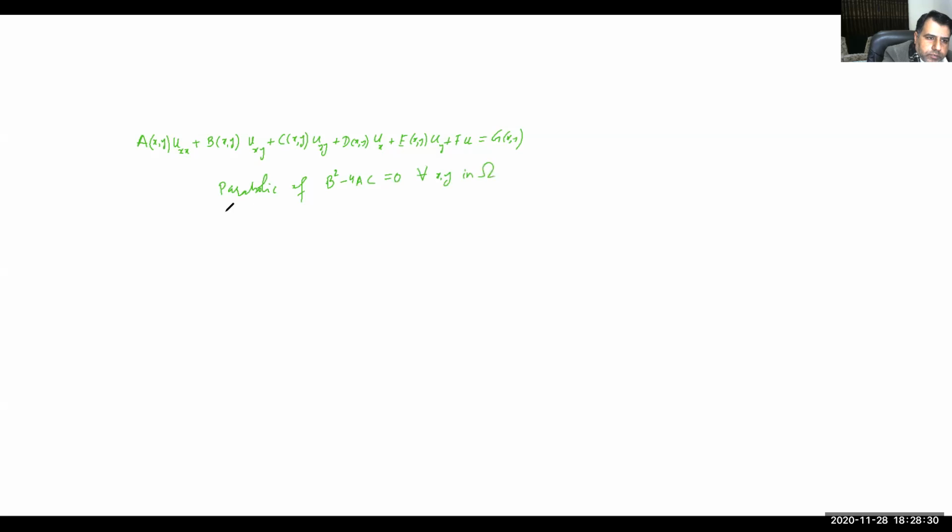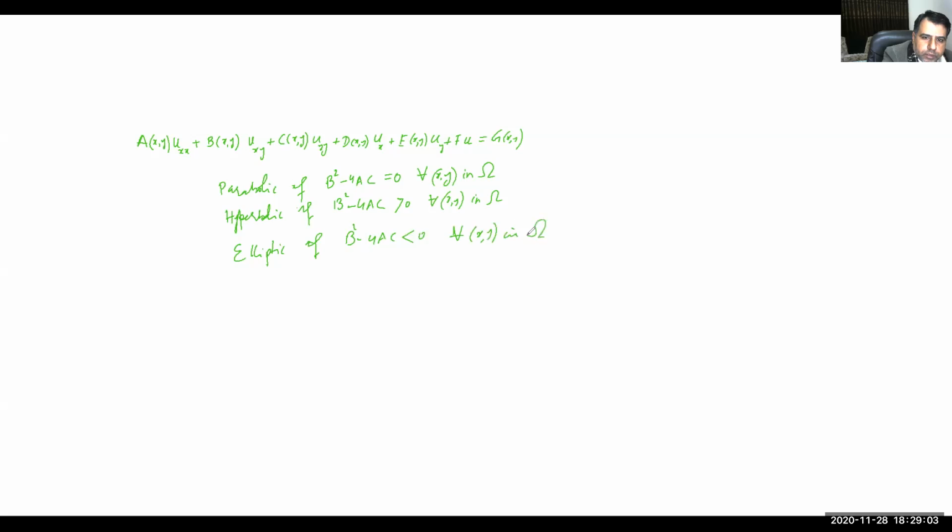And this is called hyperbolic if b square minus 4ac is greater than 0 for all xy in the domain omega, and this equation would be elliptic if b square minus 4ac is less than 0, and this must hold for all xy in